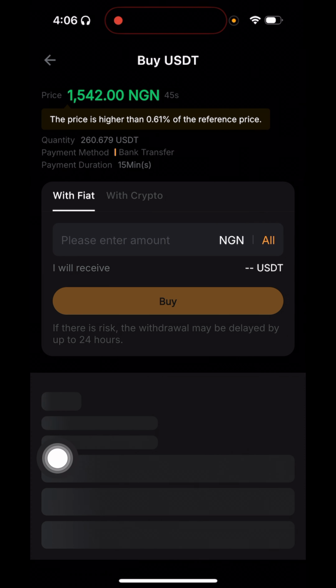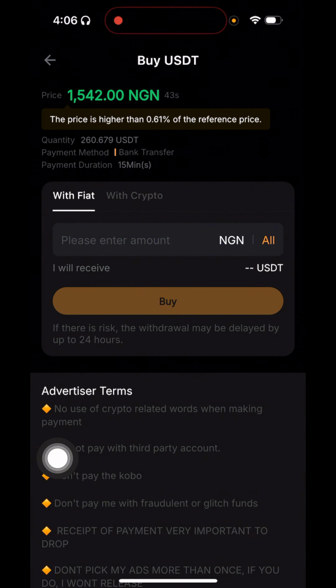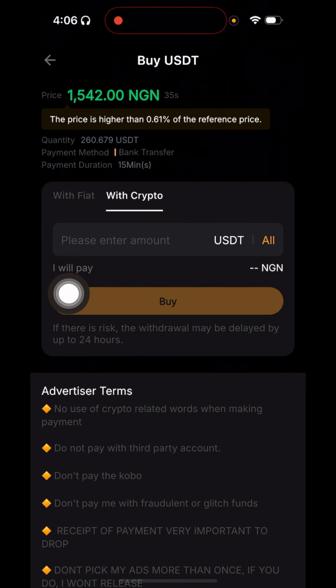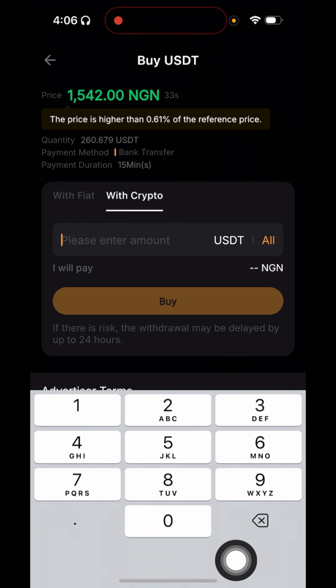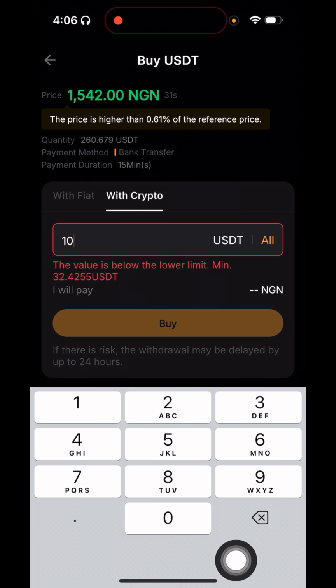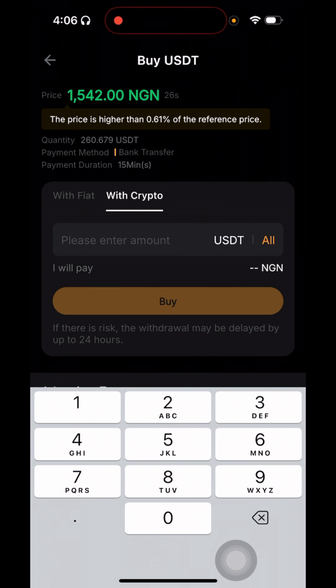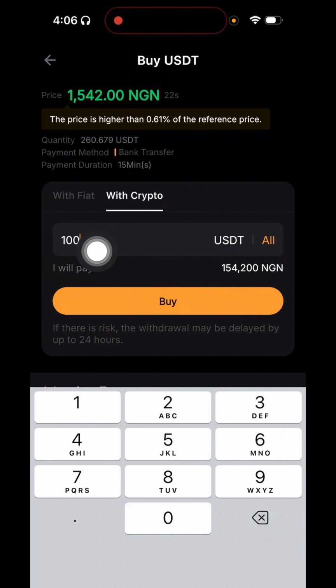If you click on this person's profile, you can input the amount you want to buy in Naira right here, or you can click on this to convert it to crypto. So if, for instance, you want to buy $10, you just type in $10 right here. But since you're not buying $10, let's say I want to buy $100. If you type in $100 on this spot, that means you're going to be paying